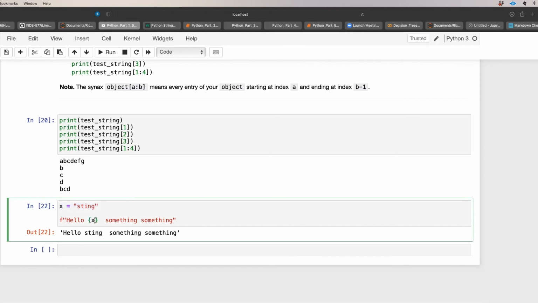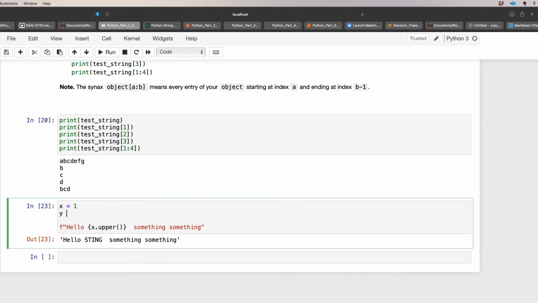You can call functions in here, right? So if I wanted to do the dot upper method on X, like that, you can do whatever you want inside of here, and the output will be converted to the type appropriate for the string. So the value that you get by applying a method or a function, or even, for example, if I had X equals 1, Y equals 2, and then inside of here, I just did X plus Y like that, it'll do the operation inside there. It's a safe space, I think, to just do regular coding inside of there. Though you don't want to make it too messy and put